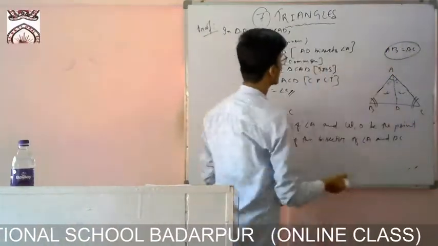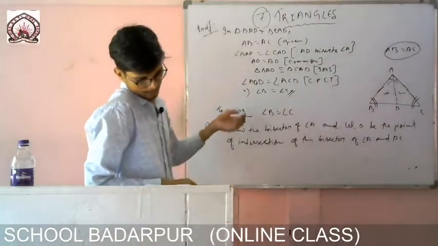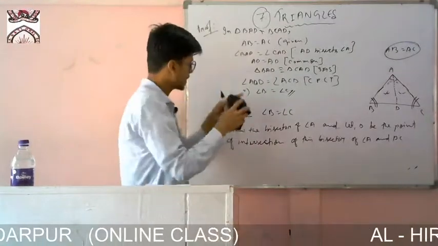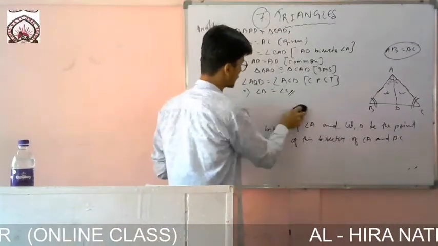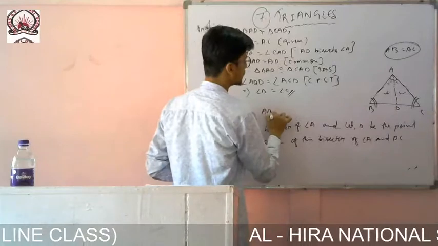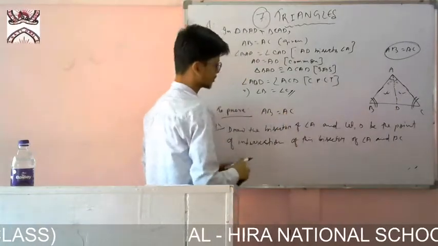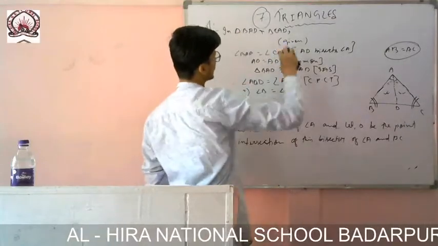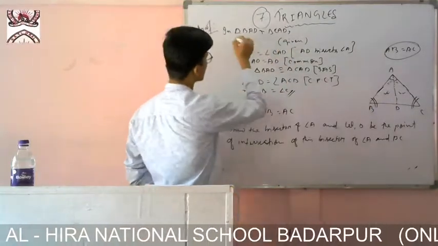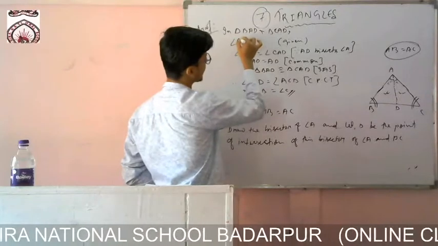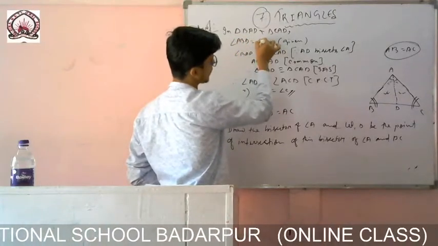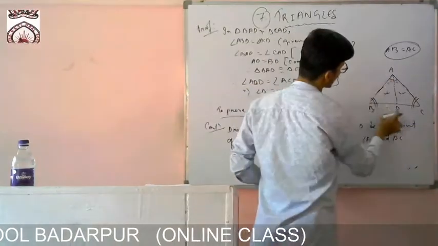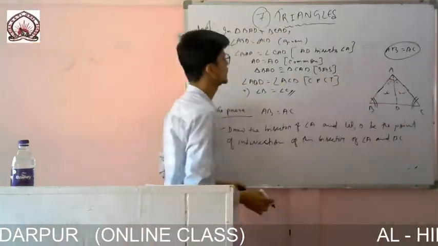So in the same way you write. Everything will be the same, you just change the proof part. Proof will be AB equals to AC, then draw the bisector as it is there, you write it the same. Then you take the triangle, and what is given now, here it is given that angle ABD is equal to angle ACD. Okay, angle ABD is equal to angle ACD, it is given in the question.